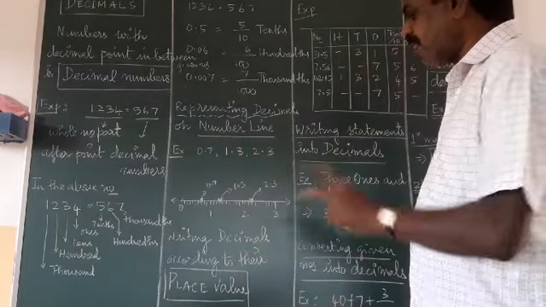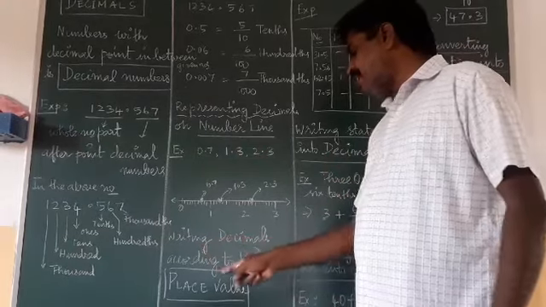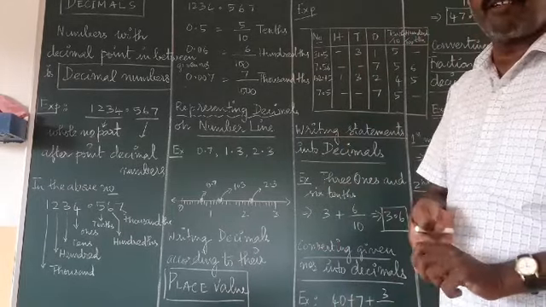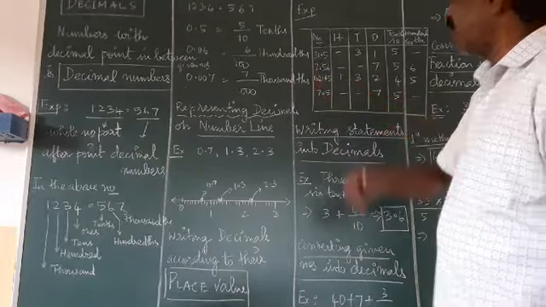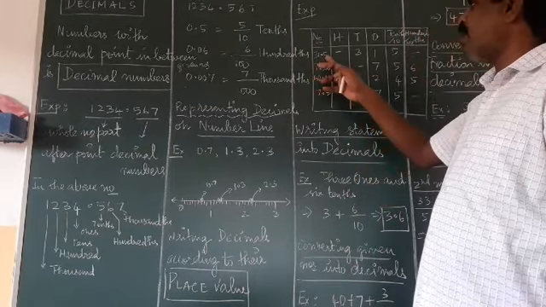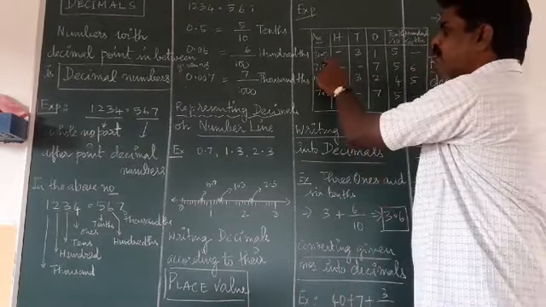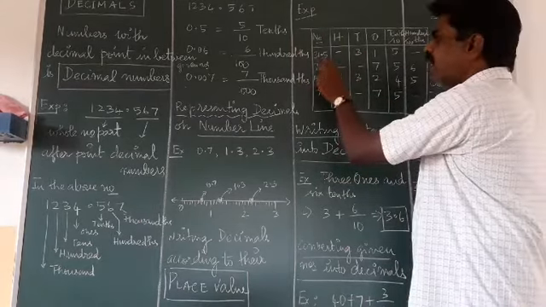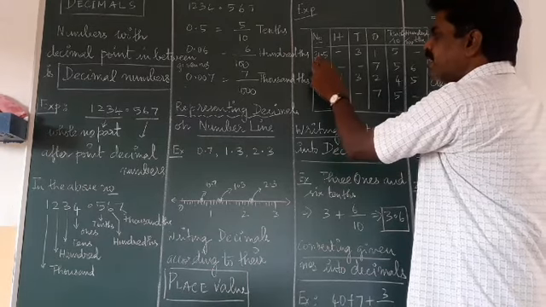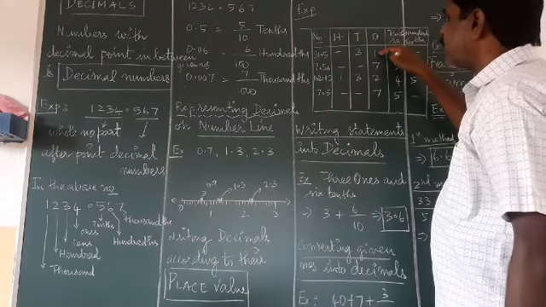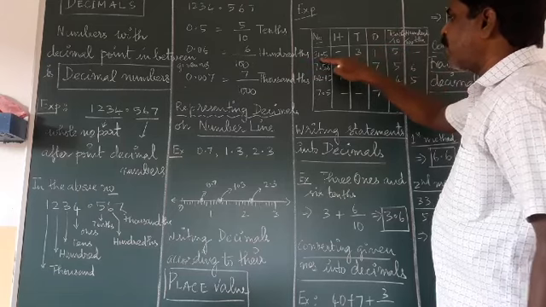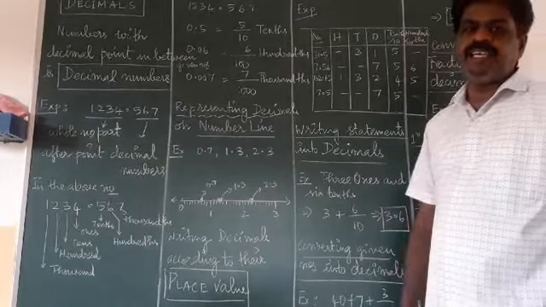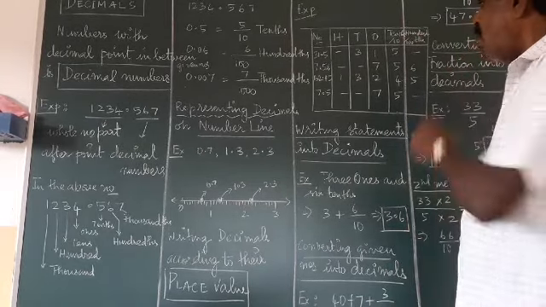That was the first part. Second, writing a decimal according to the place value. How to write the given decimal number according to the place value? Example I have taken here: 31.5. In that, .5 is the decimal part and 31 is the whole number part. In the whole number, the last digit is the unit and 3 is the 10. So I have written 1's unit, 10's unit, and 0.5 coming after the point is the tenth unit, that is 5 upon 10.